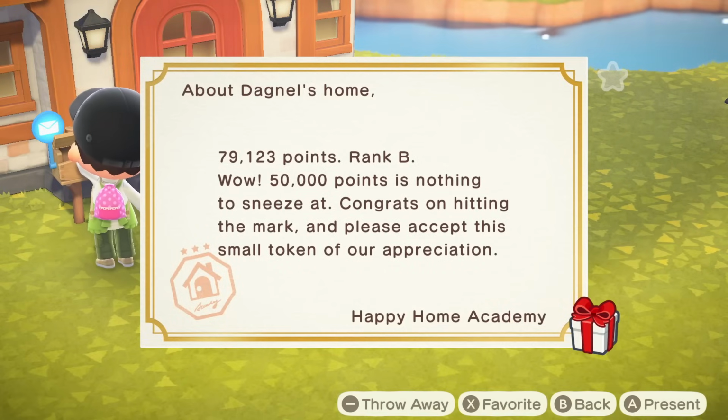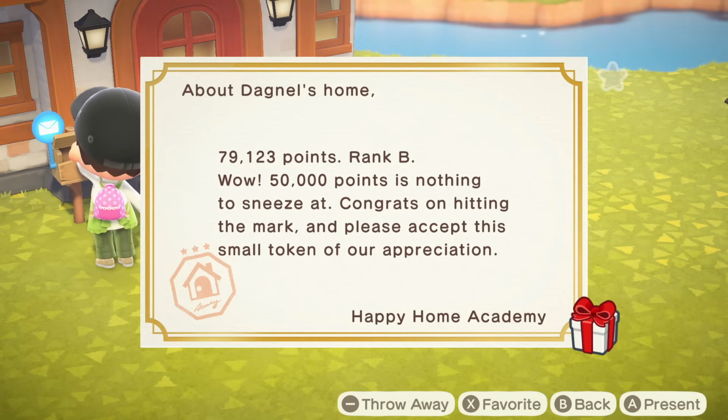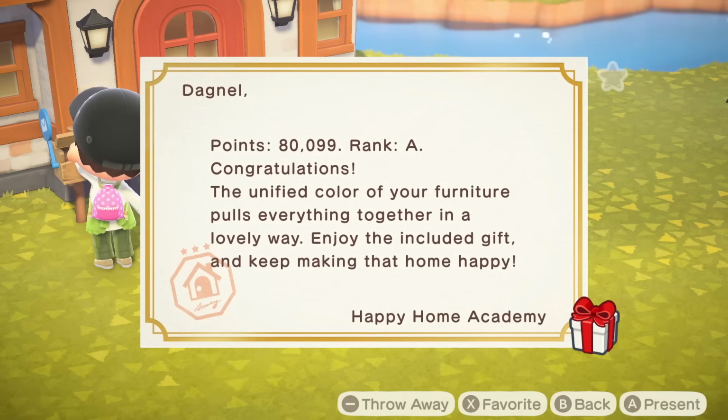So with 2 rooms now decorated by the extremely strenuous HHA standard, we have hit 79,123 points. I think we can get a little bit more though, considering I forgot to make sure to put a bed and a dresser in that upstairs room. Now with that done, let's check our score again. 80,099 points. It looks like that's more or less what we can max out at with 2 rooms fully decorated,